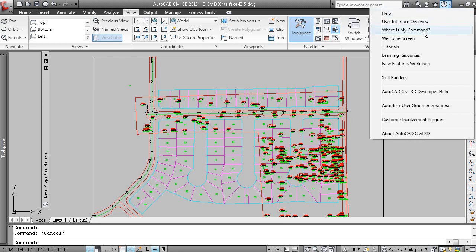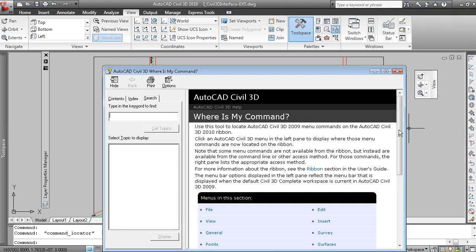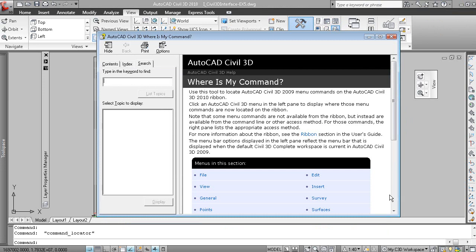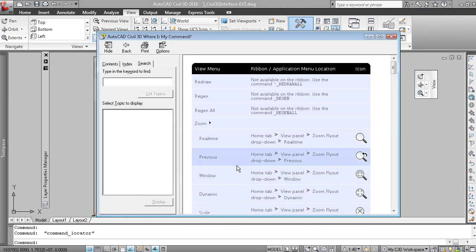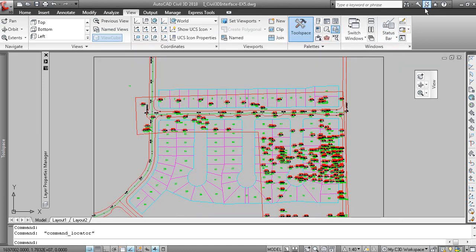If you are curious as to where a command may be located on the ribbon and you're used to prior versions of AutoCAD, the Where Is My Command option is quite nice. So for example, if we were to look at View, the old View menu, now it's showing you where the different view related commands can be located on the ribbon. And you also have a search here, so if I search for point label style,